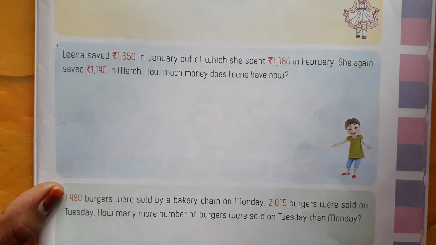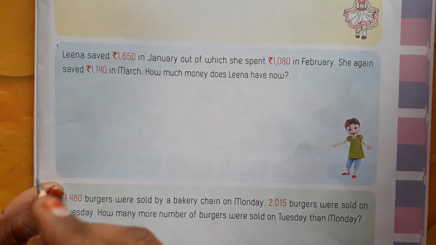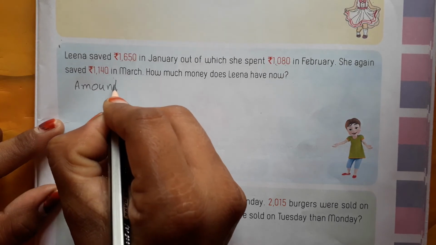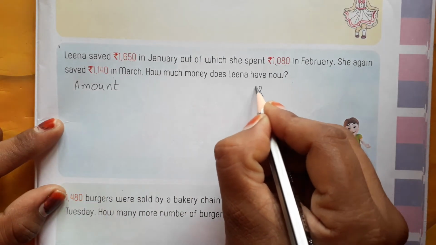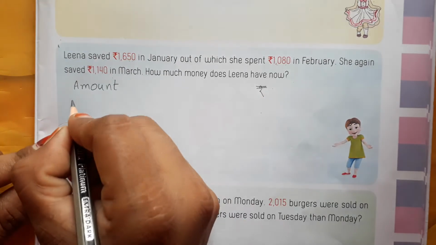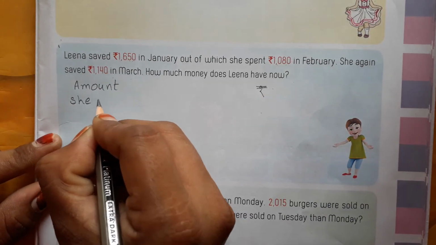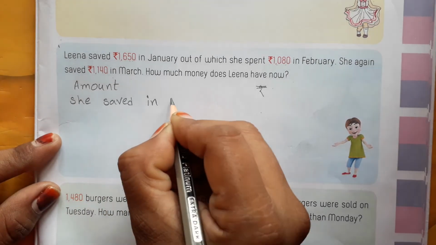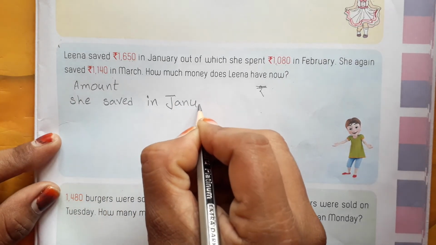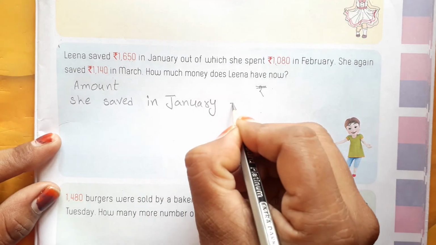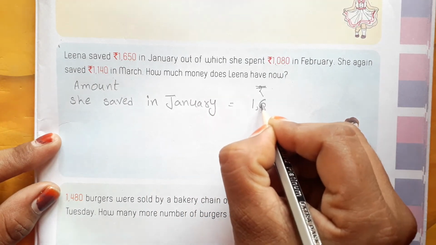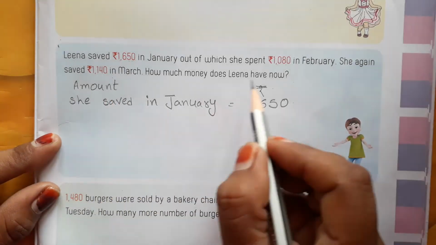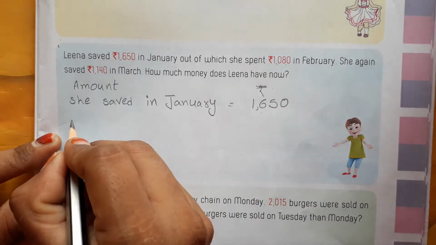So, amount she saved in January, in rupees. How much? 1650. Next, amount she spent in February.